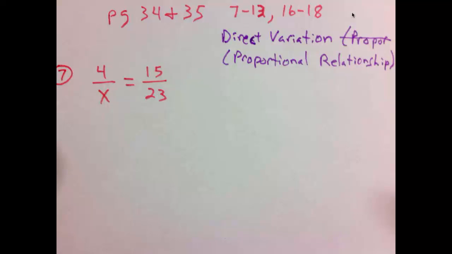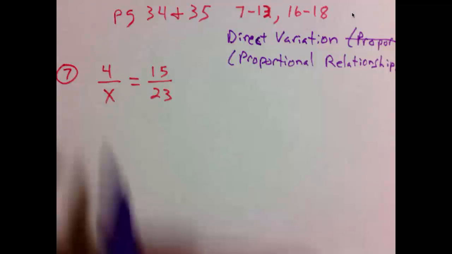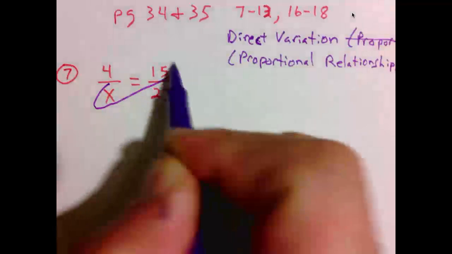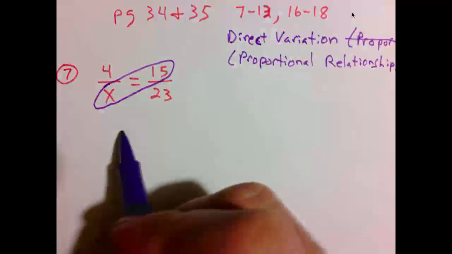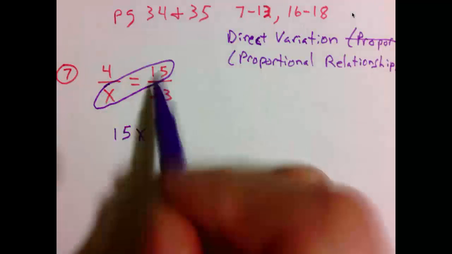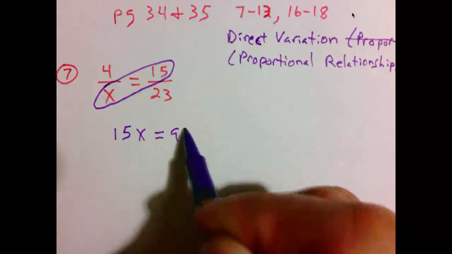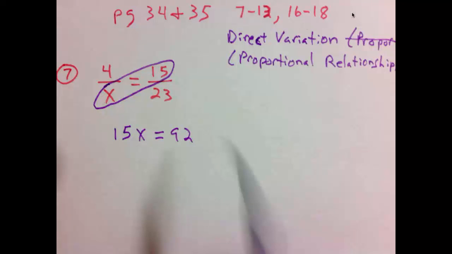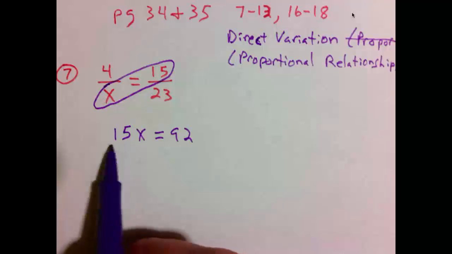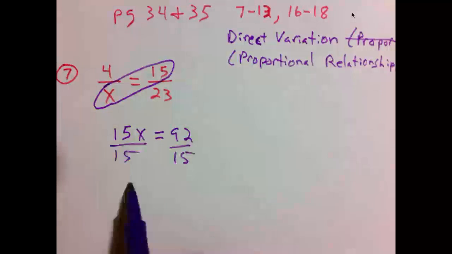So when we have a proportional relationship, one method that you've known for many years that we can use to solve this is cross multiplication. We multiply x times 15, that's 15x, and 4 times 23, that's 92. So we have 15x equals 92. We want to solve for x. We'll simply divide by 15 on both sides. So in this case, x would equal,